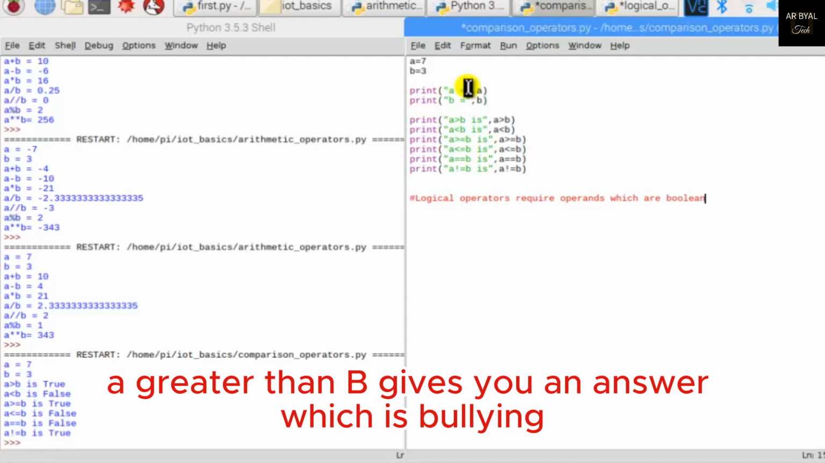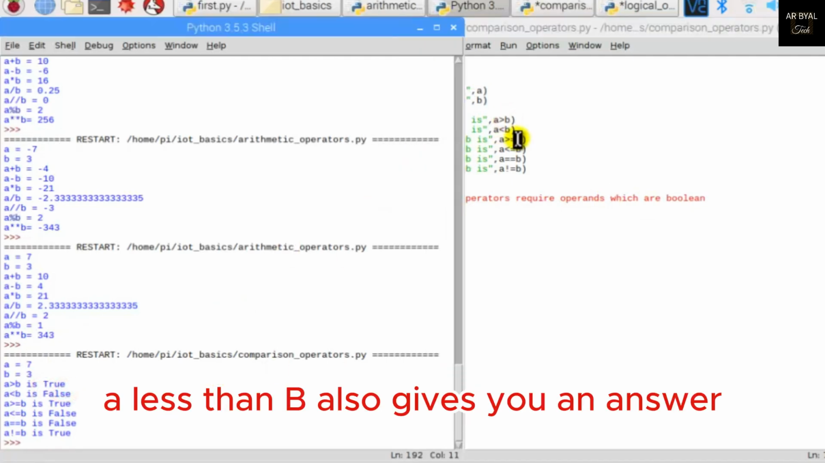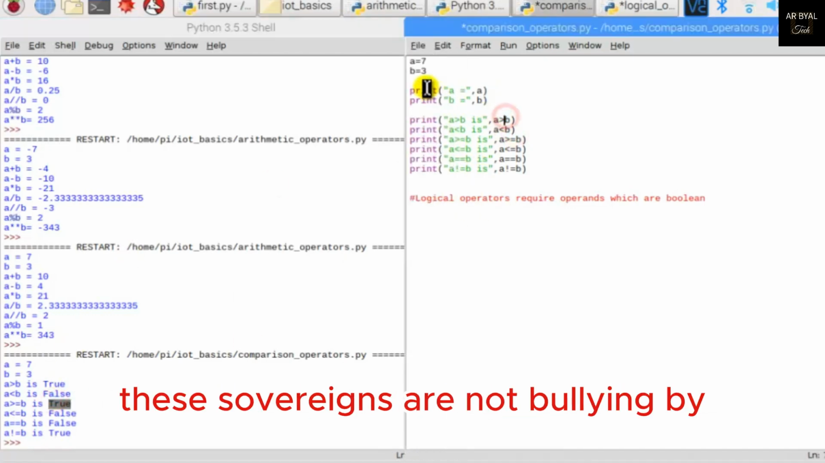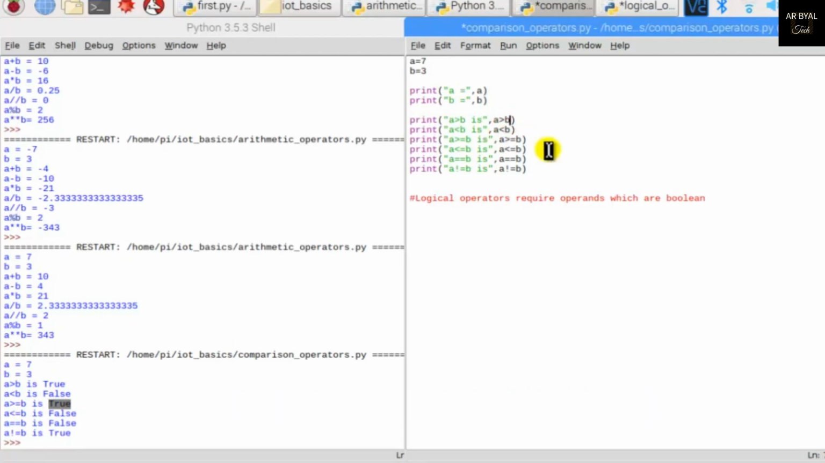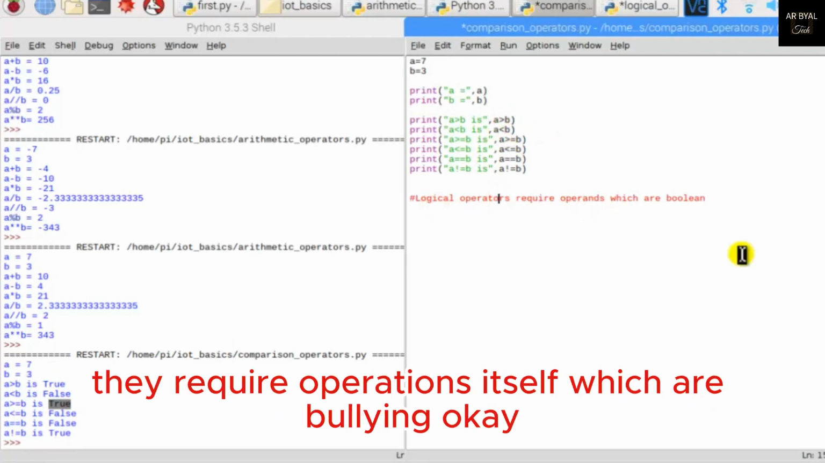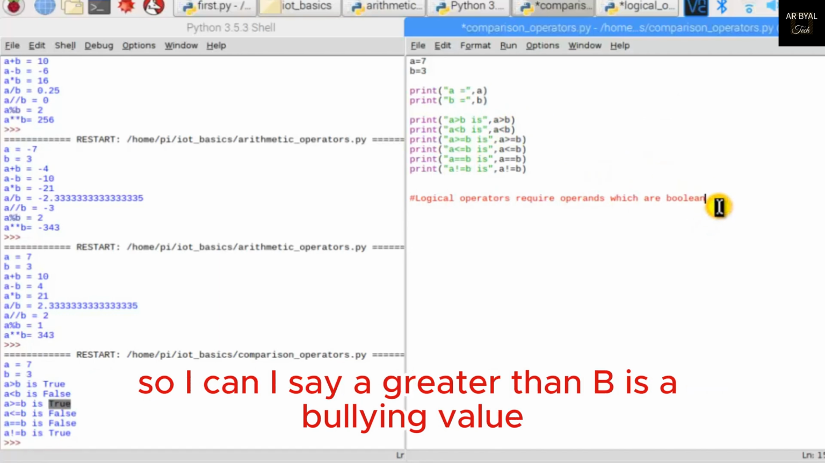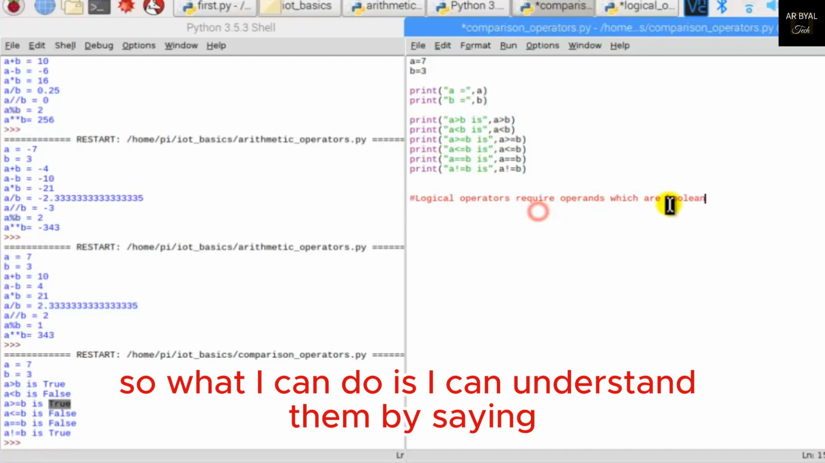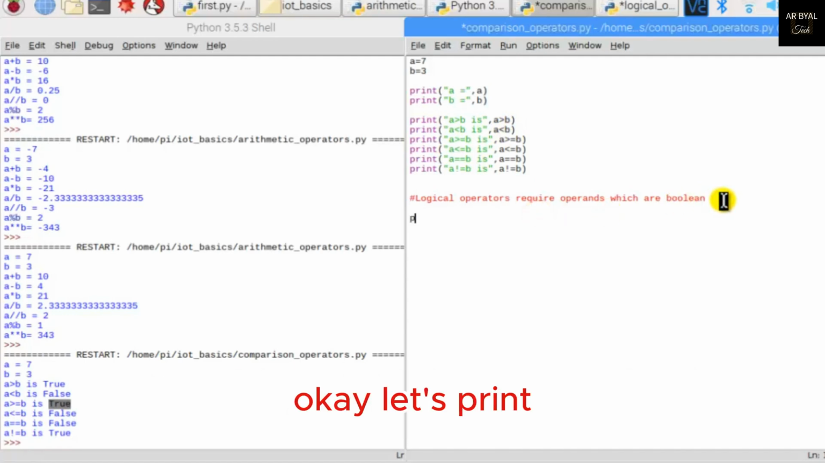Now, A greater than B gives you an answer which is Boolean. A less than B also gives you an answer which is Boolean. But A and B by themselves are not Boolean, while logical operators require operands which are Boolean. So A greater than B is a Boolean value, and A less than B is a Boolean value, right? So I can understand them by saying, let's print